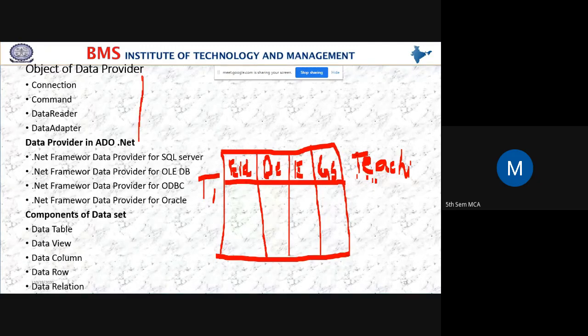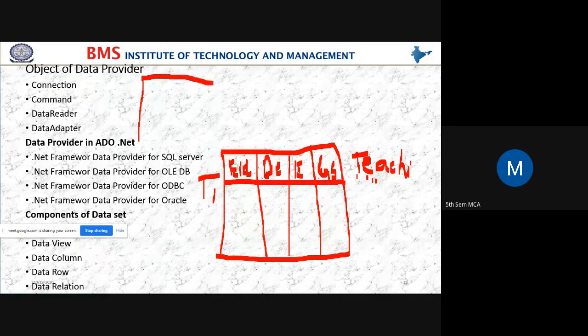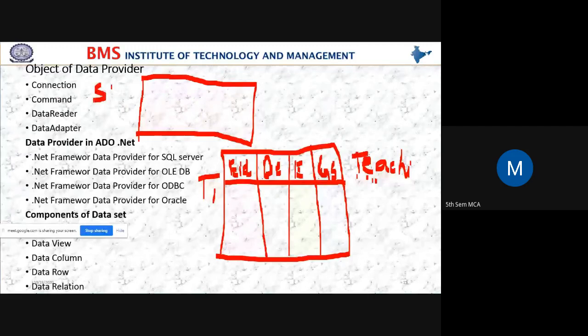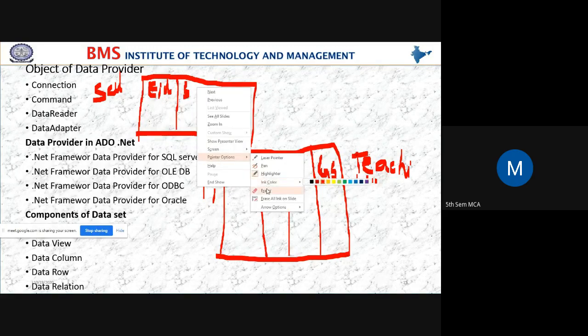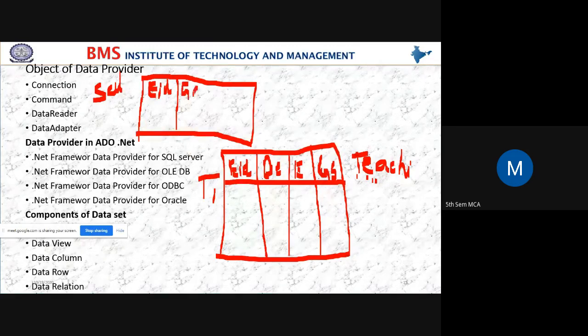And here I have one more table. This is a salary table with employee ID, gross salary, IT deduction, and net salary.